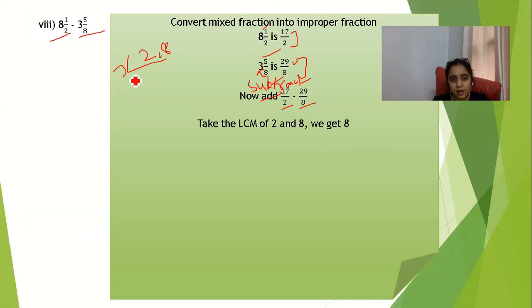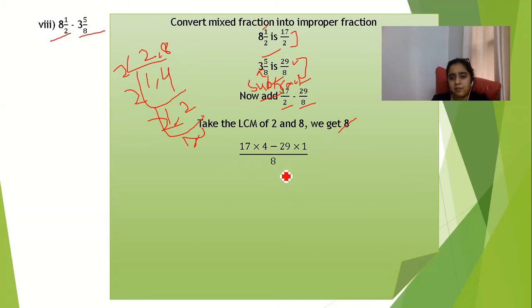I will divide by 2 first of all, that is 2 divided by 2 equals 1, and here 4 will remain, because if I divide 8 by 2, I will get the answer 4. Here again with the 2, that is 2 divided by 2 equals 1, 4 divided by 2 equals 2, and again with the 2, and the factors are 2, 2 and 2. So if I multiply these factors, I will get the answer 8. So my LCM would be 8.